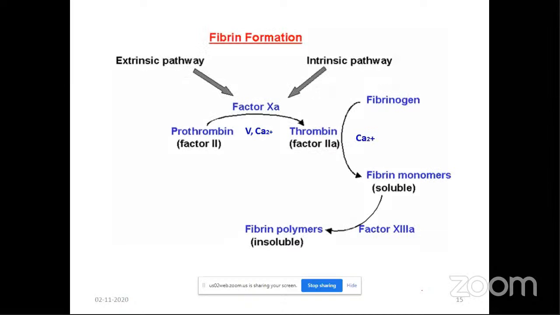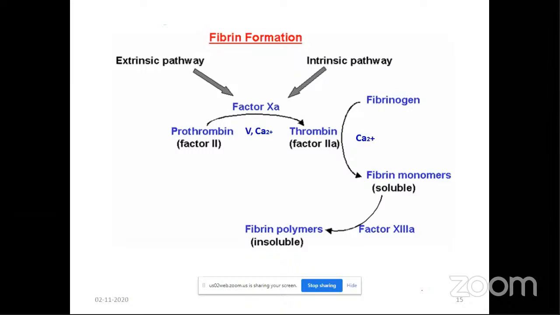Now, what are the very important steps which occur in this clotting cascade? As I told you earlier, it is a positive feedback mechanism. This is a very important example. Most of the control mechanisms or systems in our body are negative feedback mechanisms, and there are very few positive ones. This is a classic example of a positive feedback mechanism, in which one step amplifies and promotes the next step and keeps on amplifying it. That means it is an amplification cascade, and it involves a large number of clotting factors.